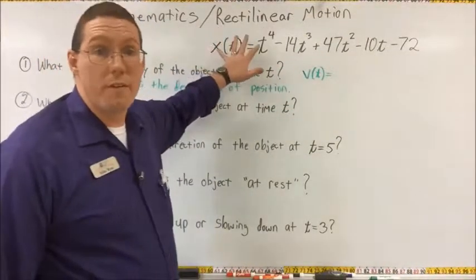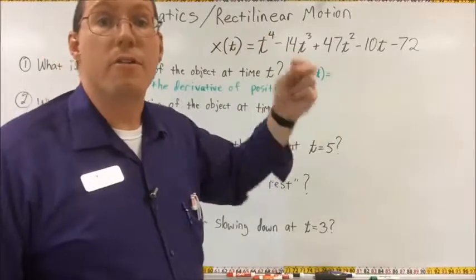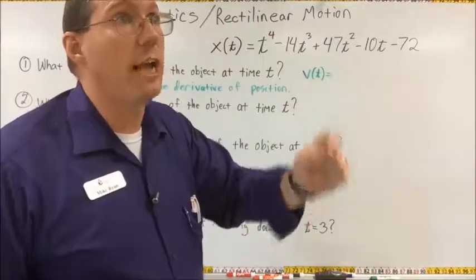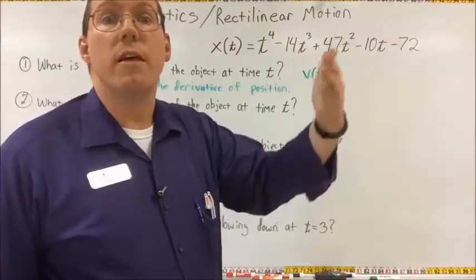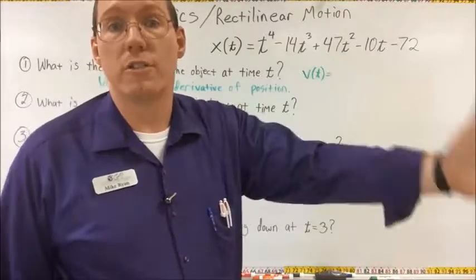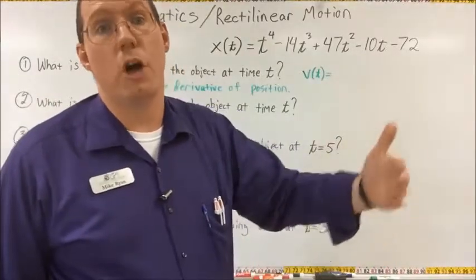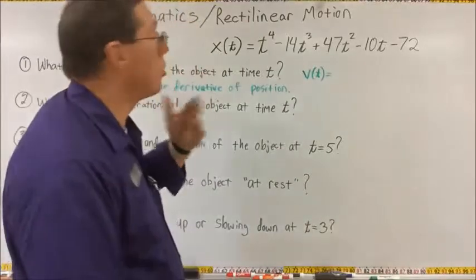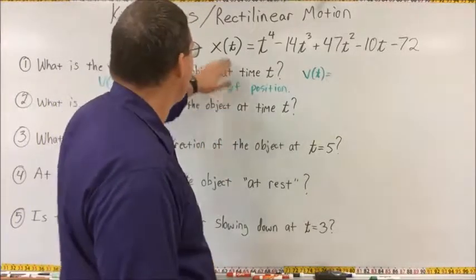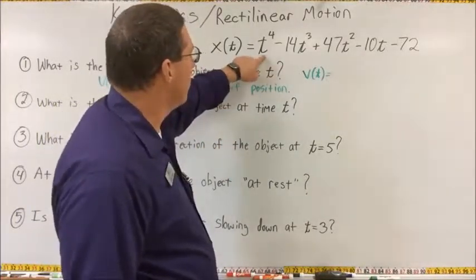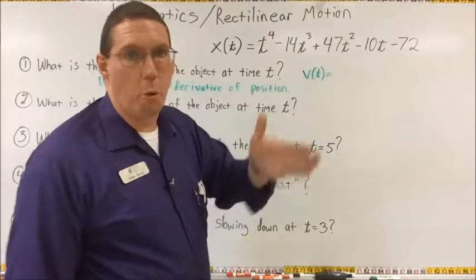And the reason it's the derivative is because velocity is the rate of change in position. It is the change in position over time, okay? Or distance over time. So now, the derivative here, the derivative of t to the fourth is 4t to the